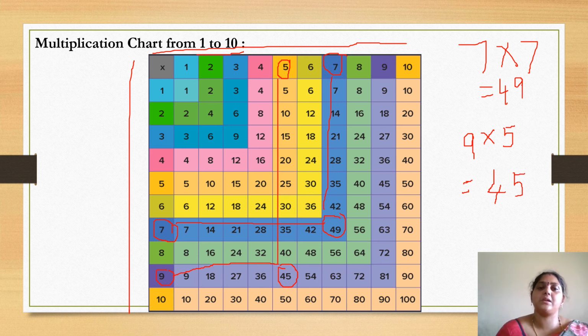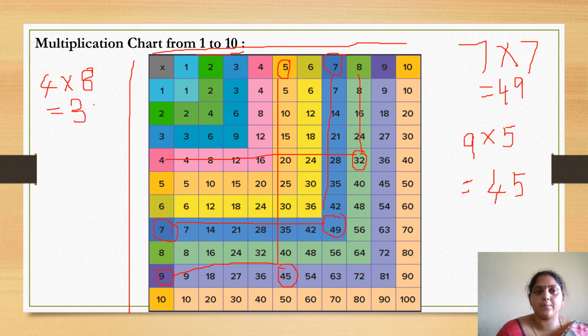Now I want to see what is my product for 4 eights. What do I have to do? I have to take 4 in the rows and 8 in the columns. Now I want to find the product. How am I going to check the product here? I have to check the meeting point. So first we will draw a line to the column till 4 and drag this 4 to the rows. Now the meeting point is 32. So 4 eights are 32.